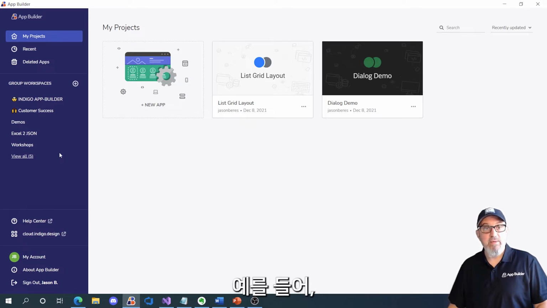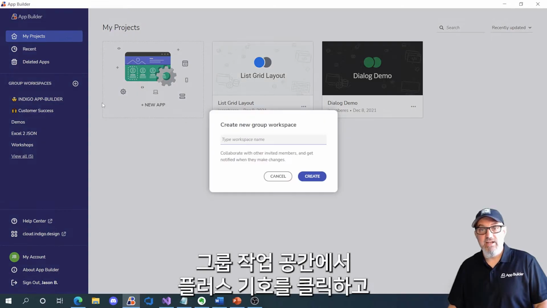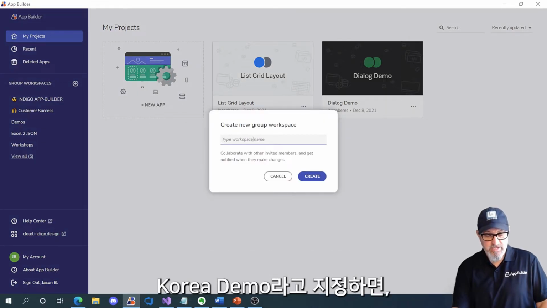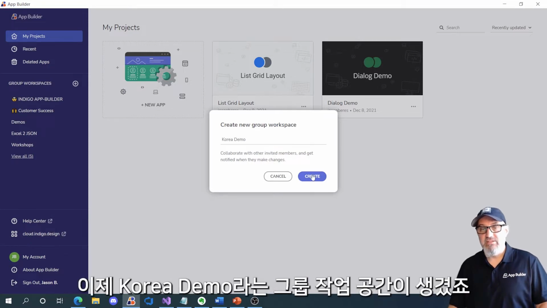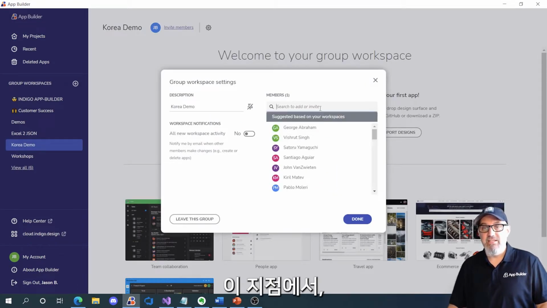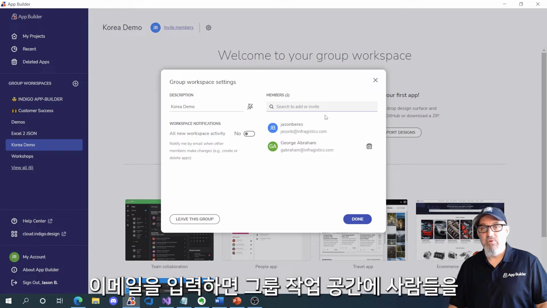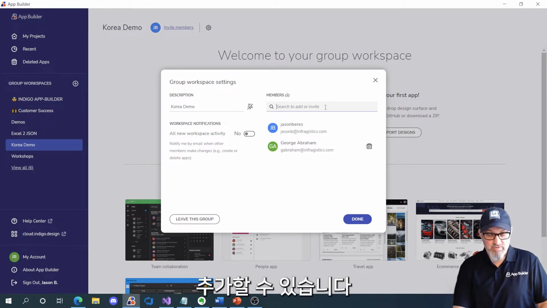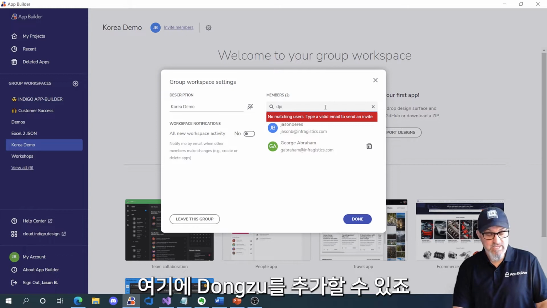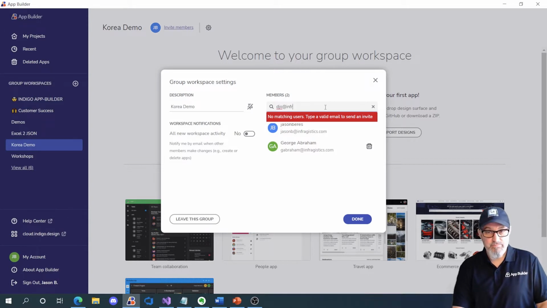So for example, if I click a plus sign on a group workspace, and I'll say Korea Demo, now I have a group workspace called Korea Demo. At this point, I can add people to the group workspace by simply typing in their email. So here I can add Dongsu,